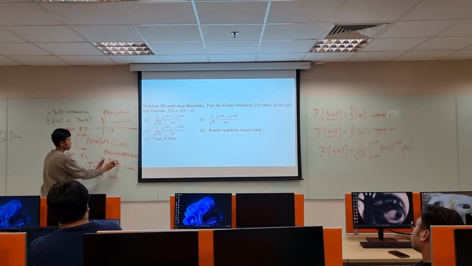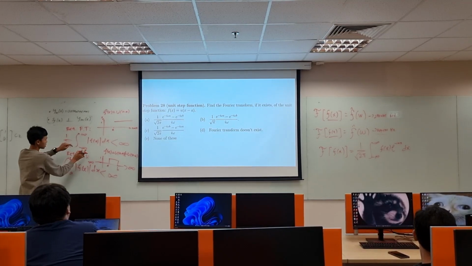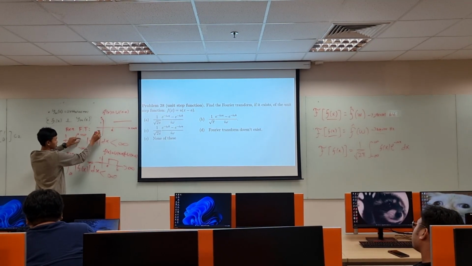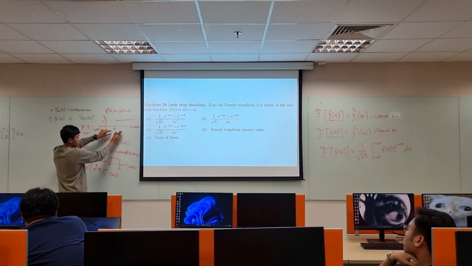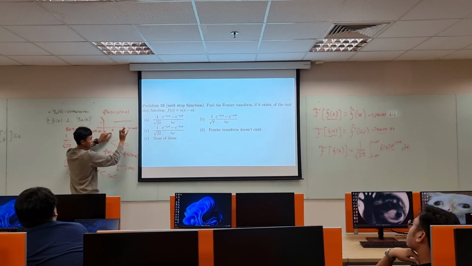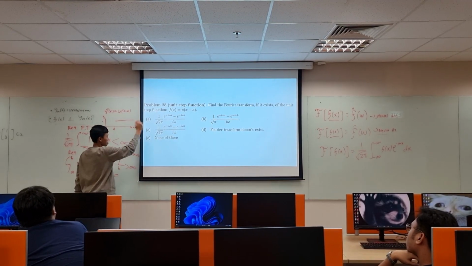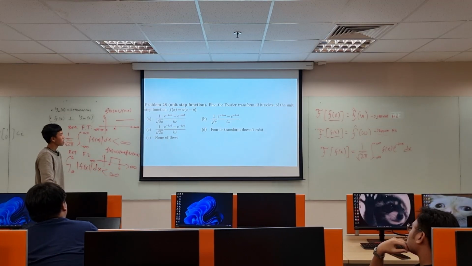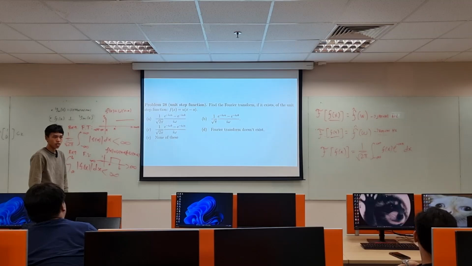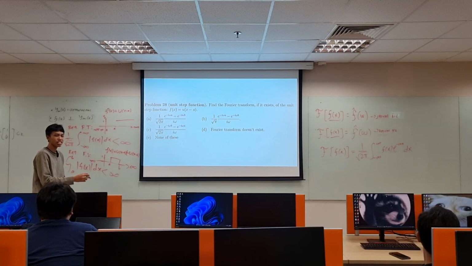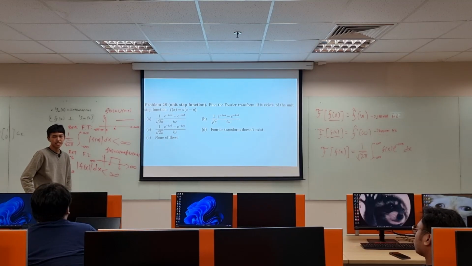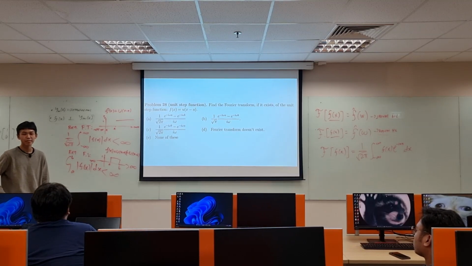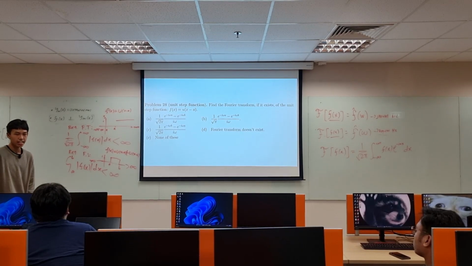Okay, get it. But when we integrate this from minus infinity to infinity, from minus infinity to a it will be 0, and from a to infinity it will become infinity, because it will keep going in the area. The function needs to stop somewhere; it needs to converge, not diverge. Any question? You look confused, why? I'll repeat it.